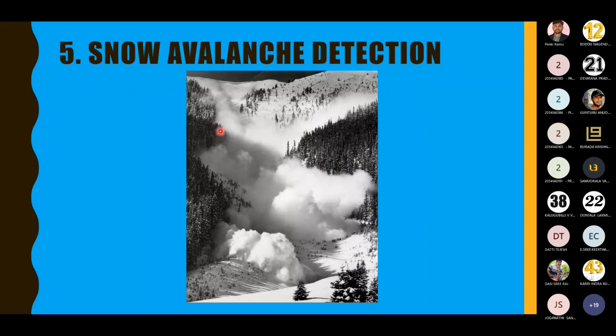And snow avalanche detection. It is possible for us to alert avalanche prone regions with the help of data acquired using remote sensing, because we talked about snow density, snow thickness, snow water equivalent, so many parameters earlier. These parameters can be estimated or monitored with the help of remote sensing data, and all these parameters are very essential for identifying the areas which are prone to avalanche. So avalanche detection is another application that can be carried out with the help of remote sensing in the area of cryosphere.